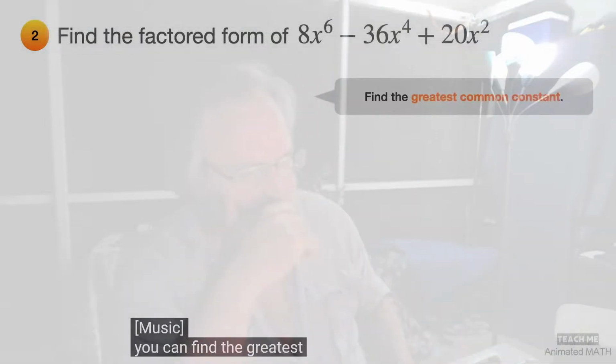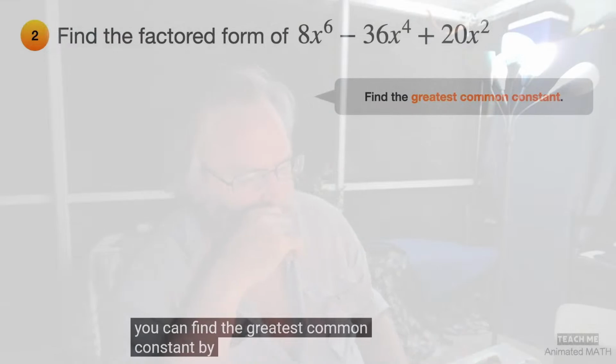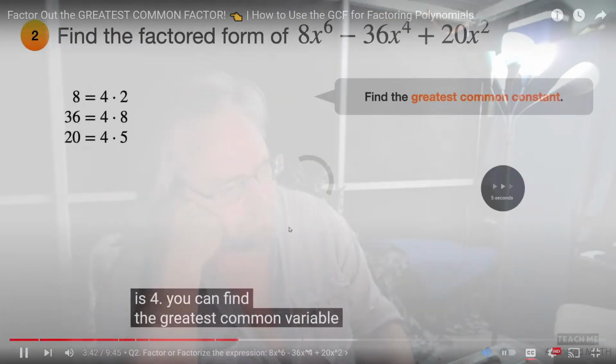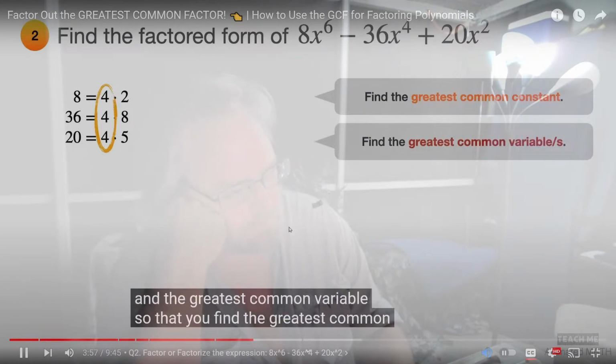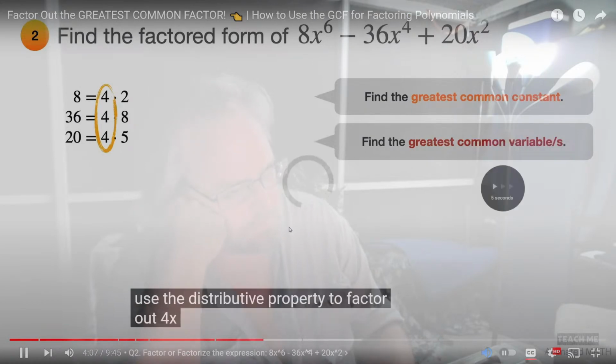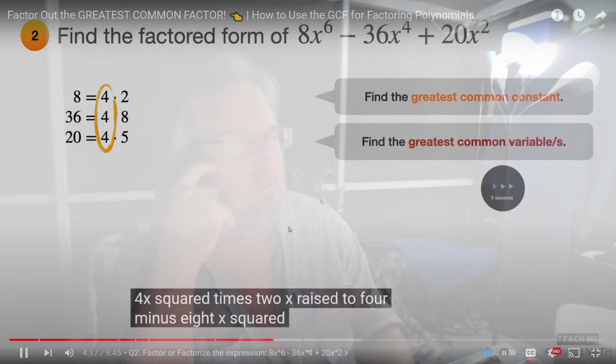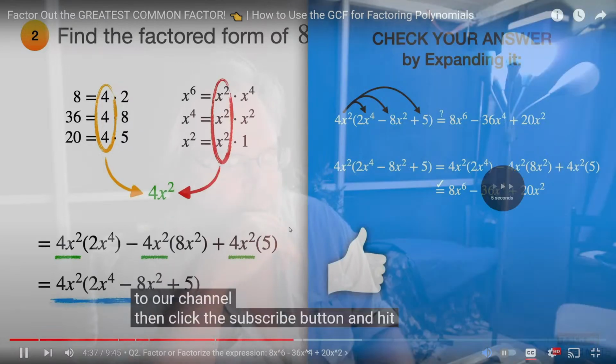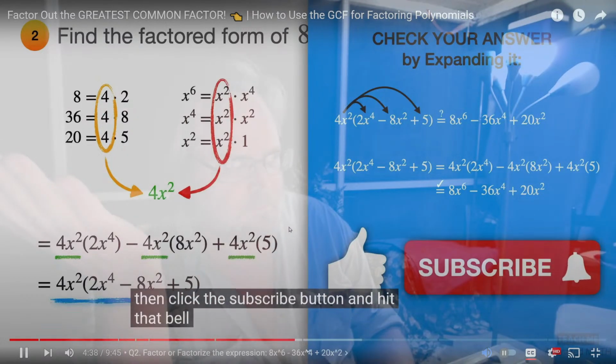You can find the greatest common constant by factoring the coefficients 8, factor and 20. In this case, so that you or g use the district from each term minus it using by the way, please by liking this video, and if you are new to our channel,